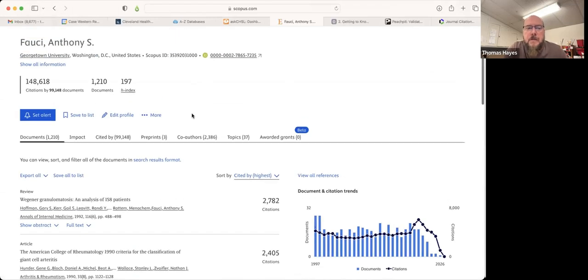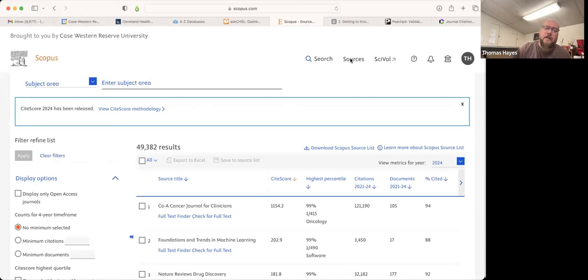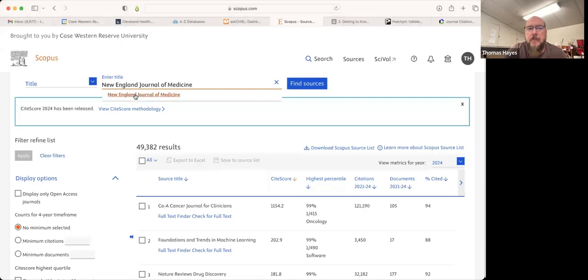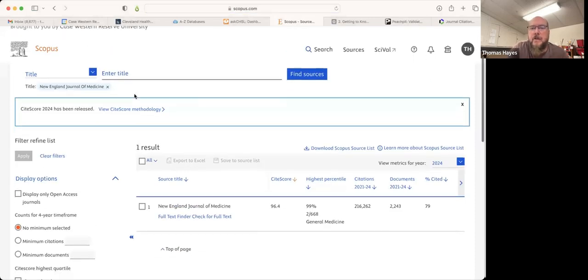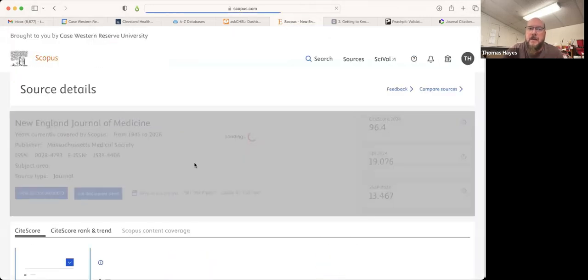All right. So moving right along, I'm going to also show you how to search sources, which is important for a couple of reasons. First of all, you might want to search a journal just to find out what that particular journal's impact is. So in this case, I am just going to use the example of the New England Journal of Medicine. And I'm going to click on that entry. Here you can see we have one result. And I'm going to go ahead and click on that to take a look at the New England Journal of